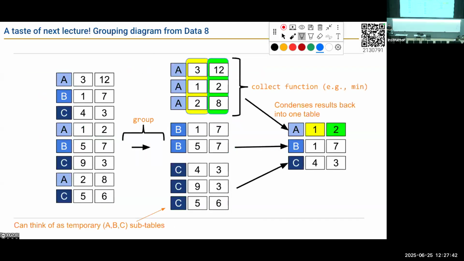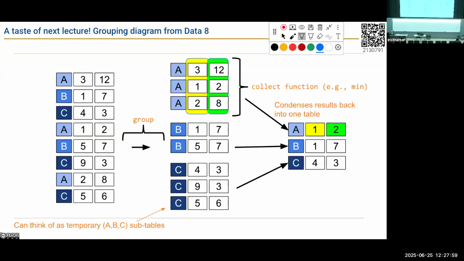Okay, we're just about wrapping up on time here, but I'll give you a taste of what's coming for next time. Perhaps you can review Data 8 materials on this. Next time is our capstone lecture for pandas, where we're really getting to the point where we can start doing damage when it comes to exploratory data analysis.